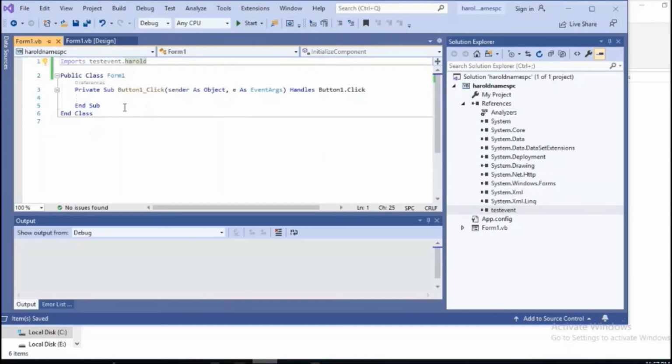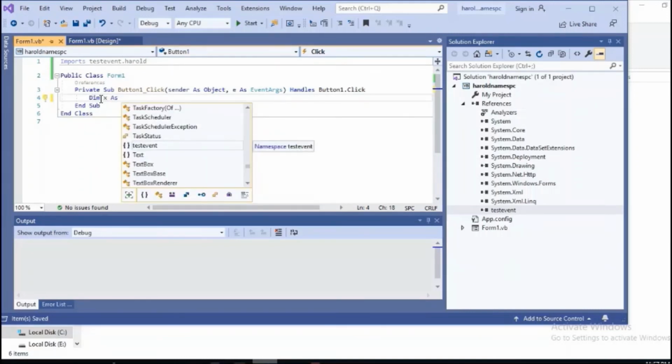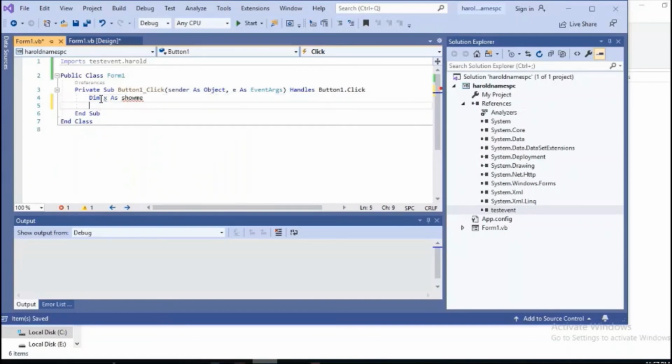So I have imported the Herald namespace, and here on button click I am going to write Dim X as New ShowMe. This was the name of the class I created, and the method was DisplayMessage, and I'm going to display a message, "How are you" in double quotes.